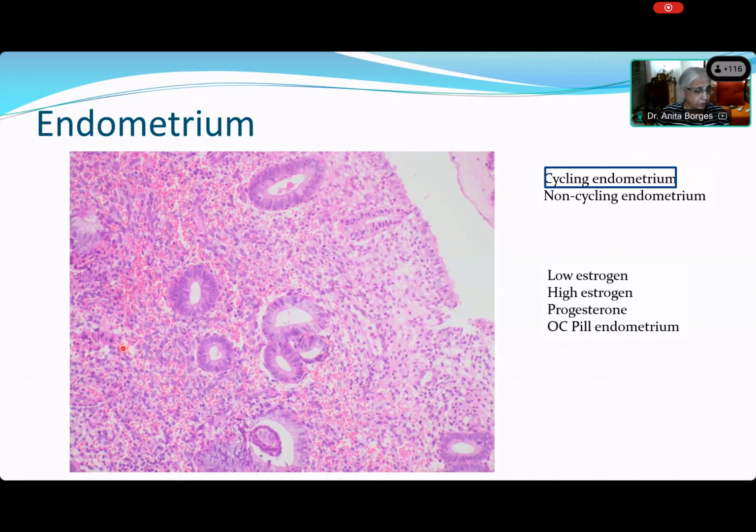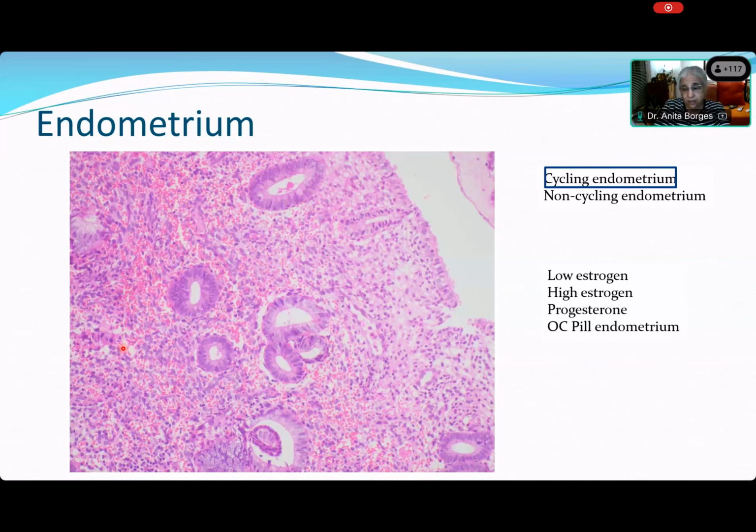All right. So come on, Rupali, what do you think? OC pill endometrium. Acha, very good. Sheetal? Sheetal is not there. Simi? Because of progesterone. You think that there's progesterone? Really? Why, Simi? He just told you that this has got mitosis. I can see mitosis in this endometrium. So how can it be progesterone? There are very few glands in this particular thing and a lot of stroma.